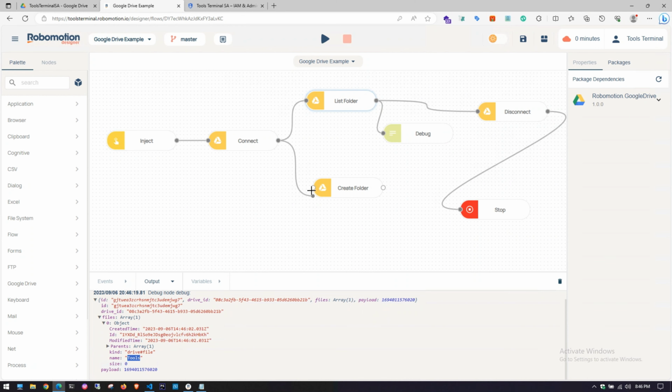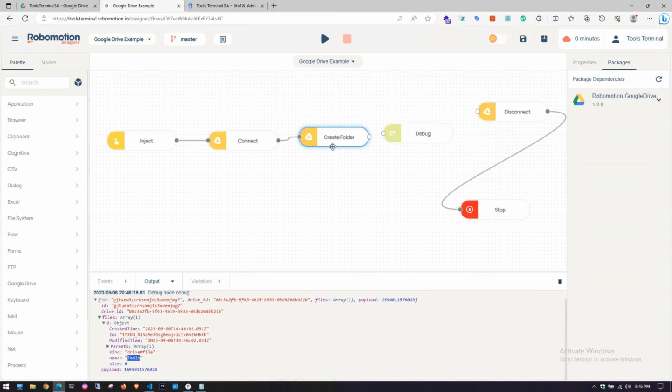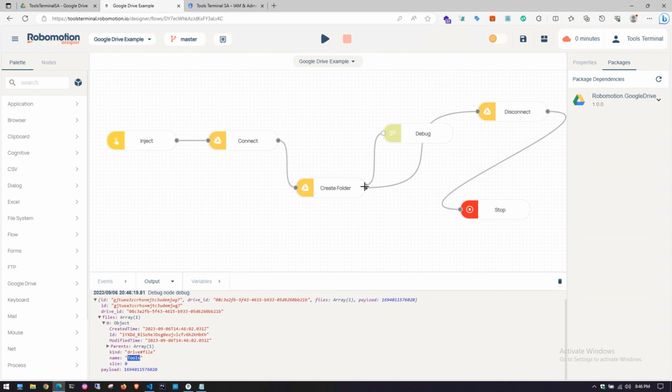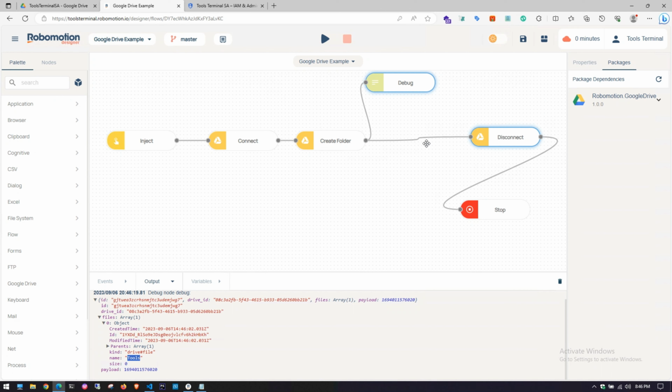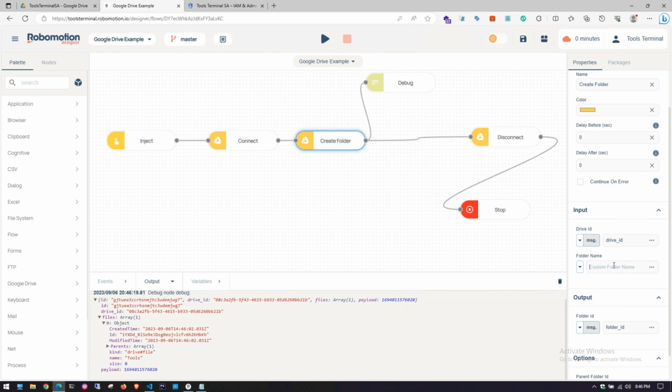Let's create a folder now. I will not list any folder now. After creation, I will disconnect the drive API. So I'm creating a folder. It will ask me for a folder name. Let's say new folder,